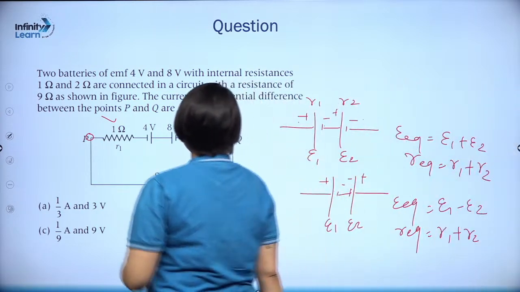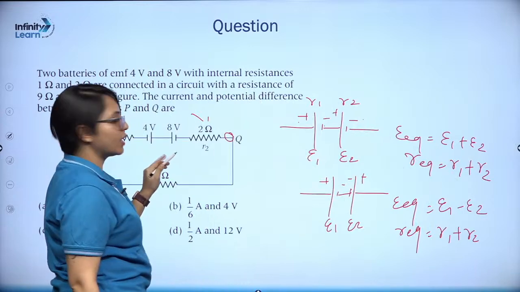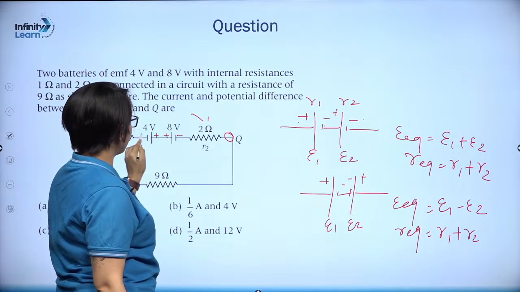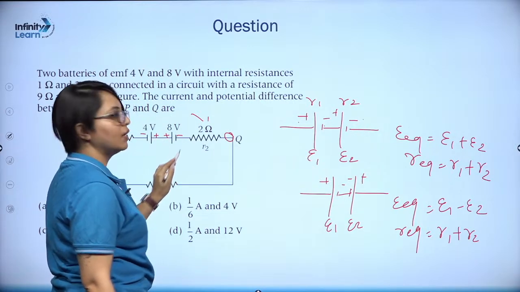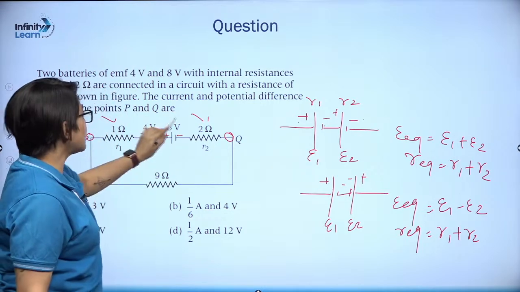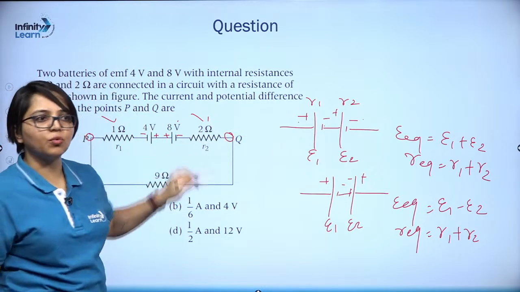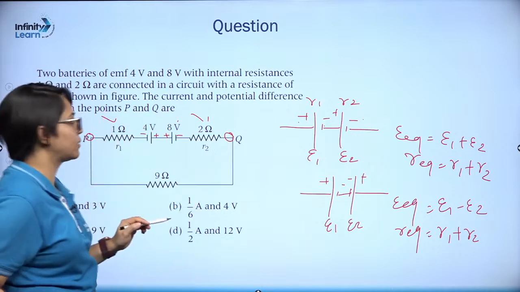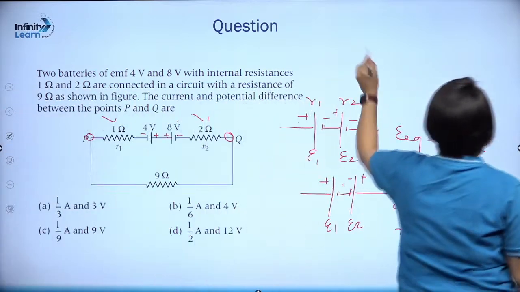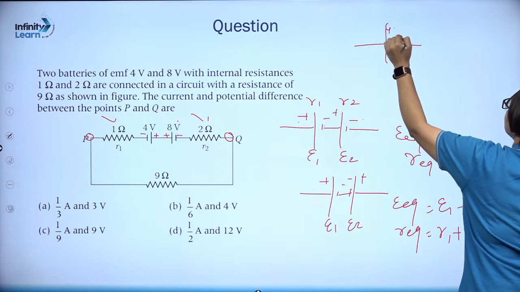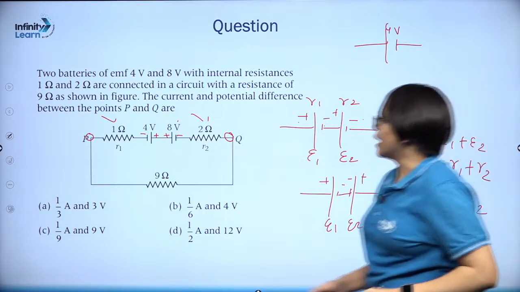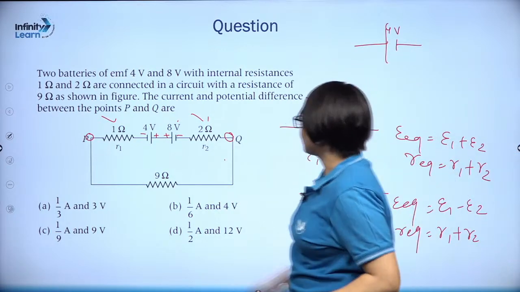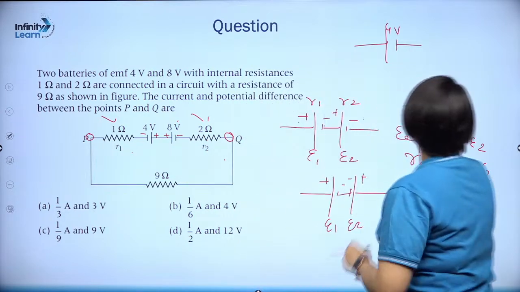So over here it is connected in this similar pattern, right? Positive, negative, positive, negative, positive, negative. So what is the equivalent? 8 minus 4, E1 minus E2, 8 minus 4 is 4 volt, right? So if you draw equivalent circuit, 4 volt is the equivalent value of EMF and total R equivalent will be R1 plus R2, 1 plus 2, that is 3 ohm,